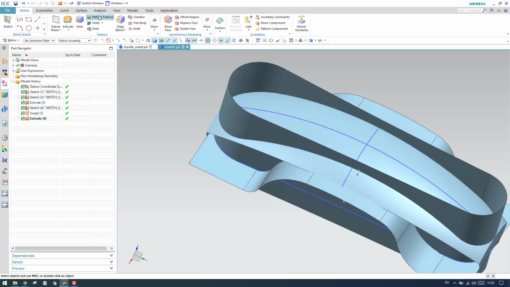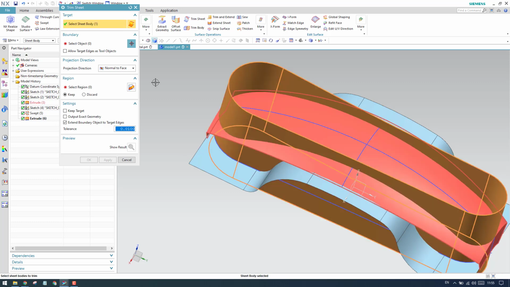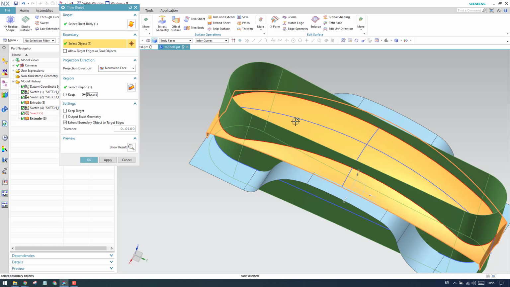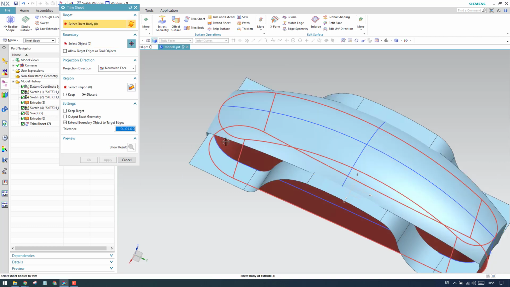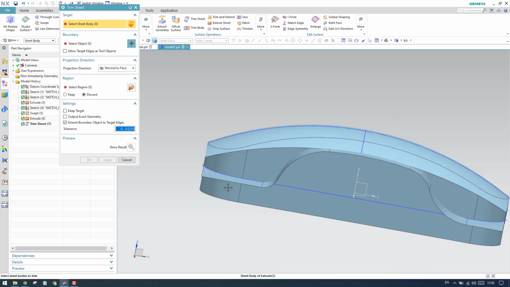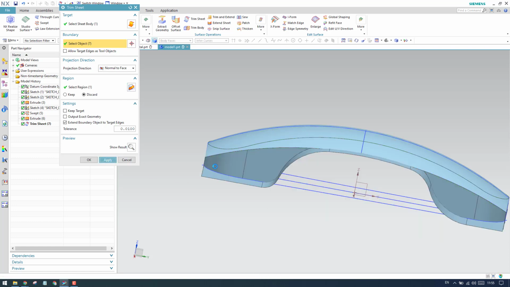I'll go to the trim option, trim the sheet. So this is my trim sheet, and I have to discard this. Now let us select a boundary as this and click apply. Okay, in the same way I will do it on the bottom side. I'll keep this selected, select this face, and click apply.